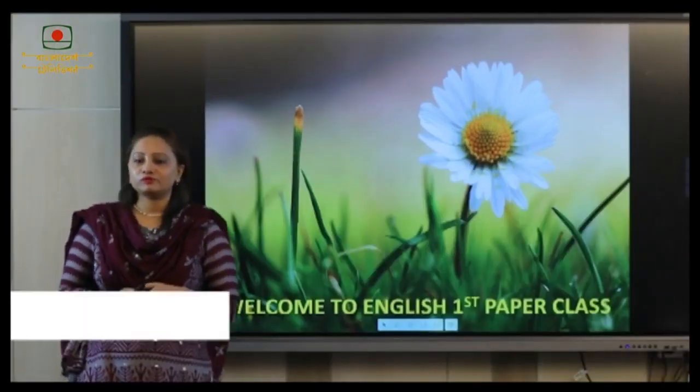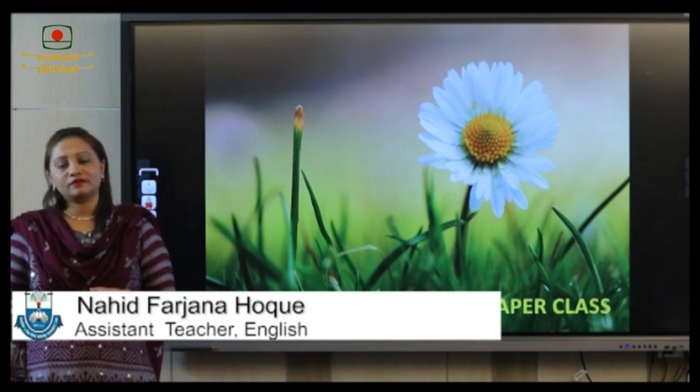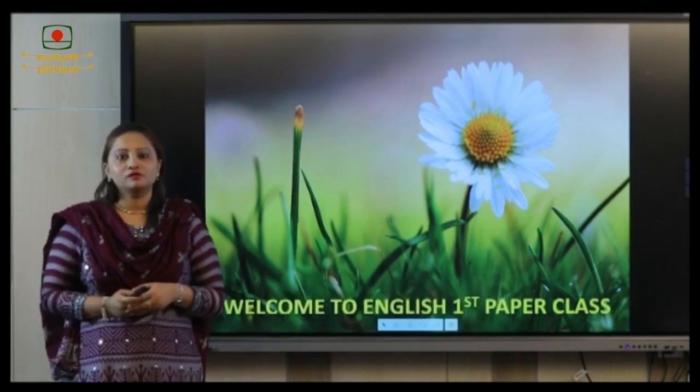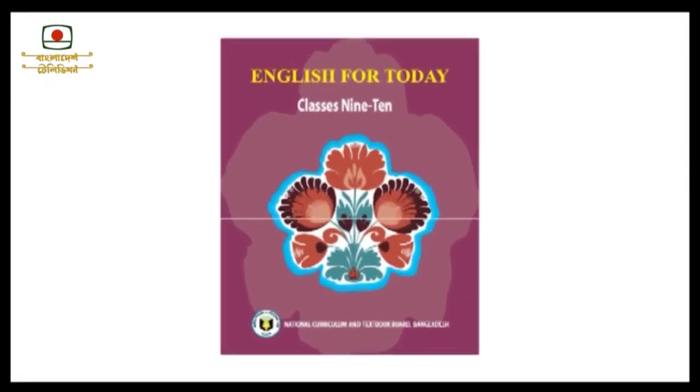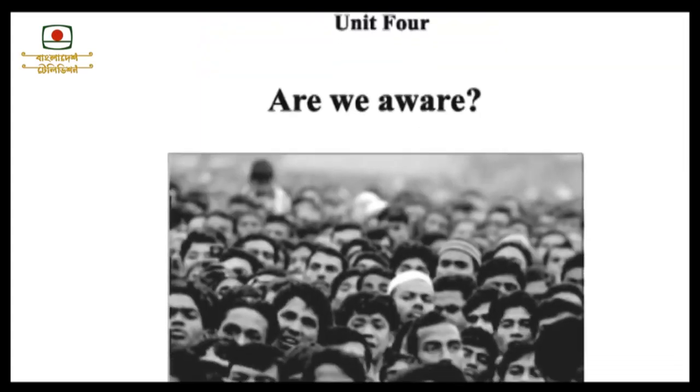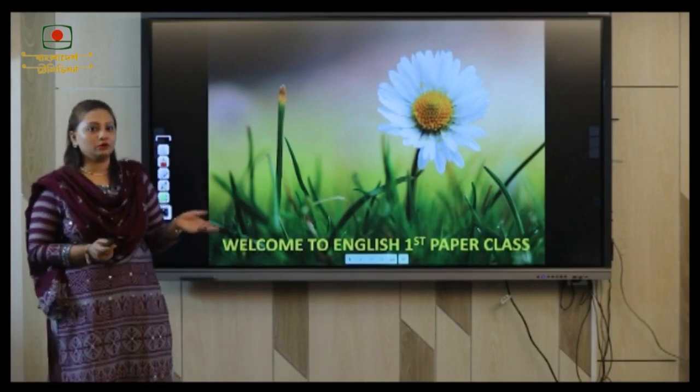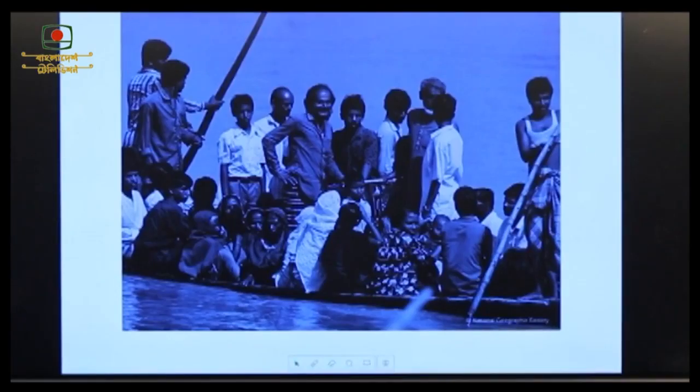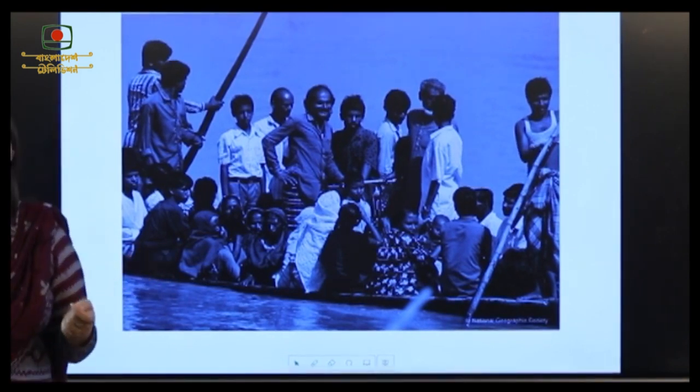Please take your books with you and follow my instructions. You need to take your English book with you and open Unit 4. Before entering the class, I am going to show you something on board. Please follow me. What you can see over there is lots of people traveling on board, and mostly